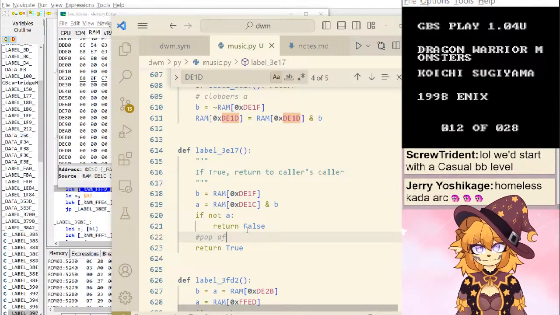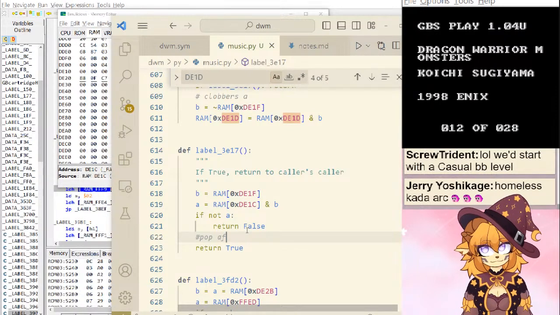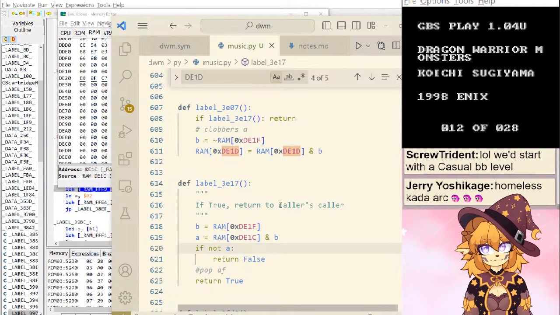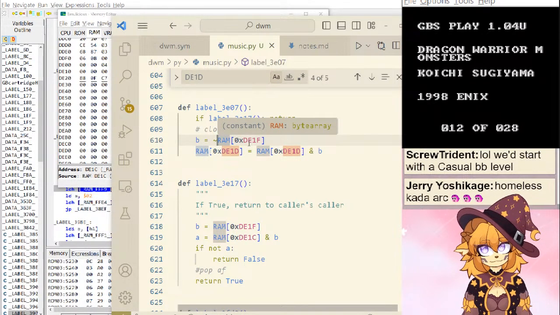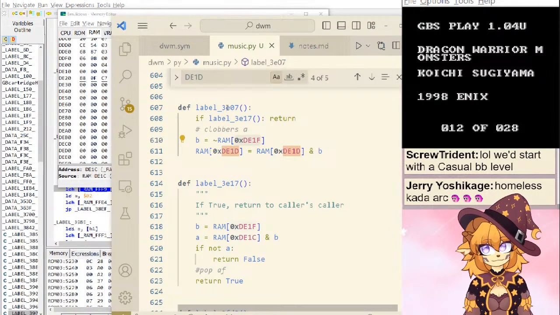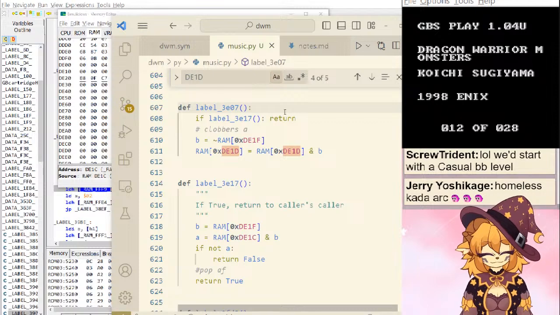So that's not A. So if DE1C and DE1F have no intersection, then it unsets DE1F output channels here. Okay.